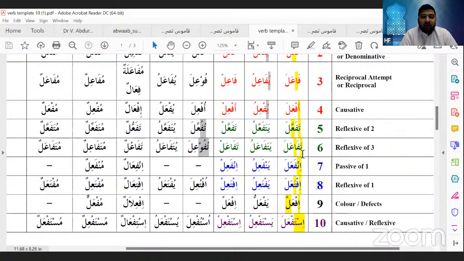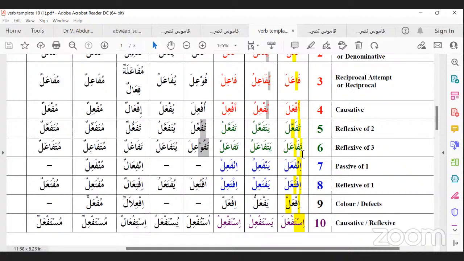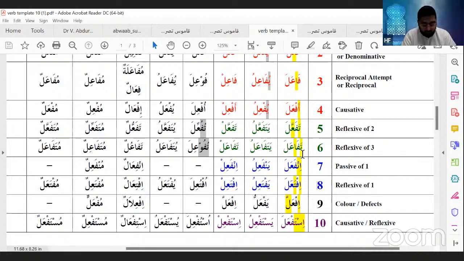Now, I'm going to put the verb tadharaba, yatadharabu. That means two individuals exchanging beats with each other, meaning that both of them are beating each other. Okay. So, tadharaba, tadharabu,